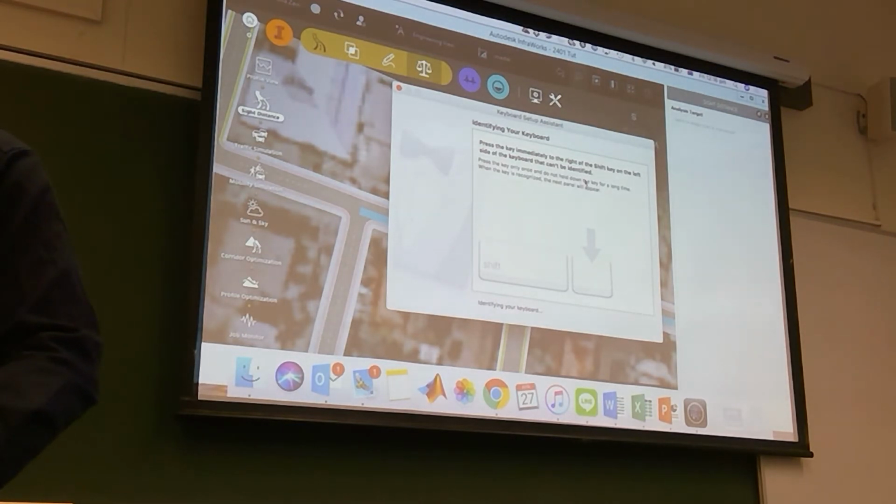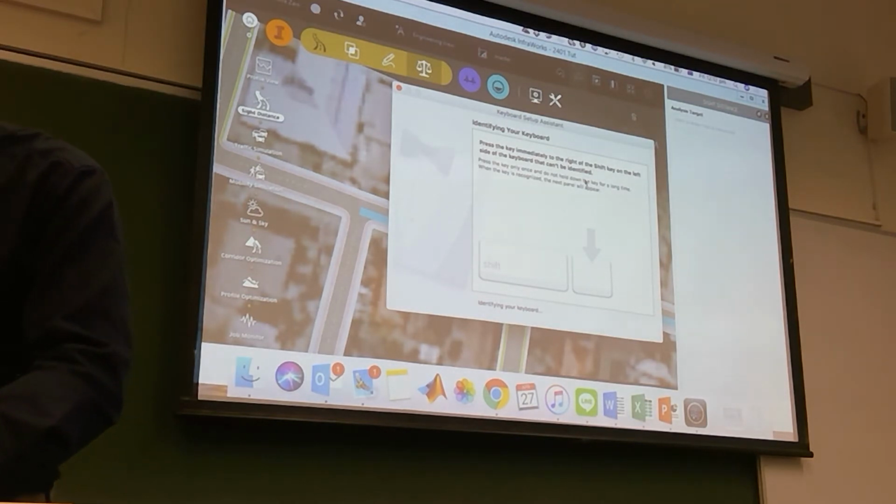That's what I'm saying. Press the key immediately to the right of your shift key. No, this thing. Press the key immediately to the right of your shift key and hold it. So hold that and